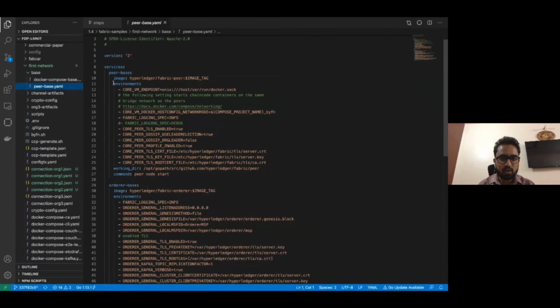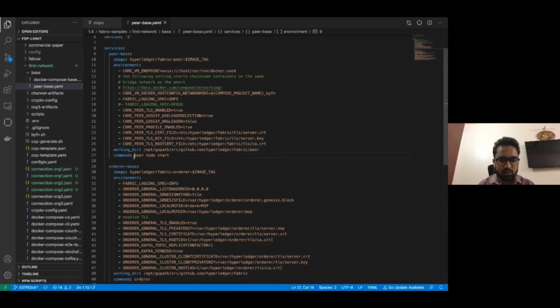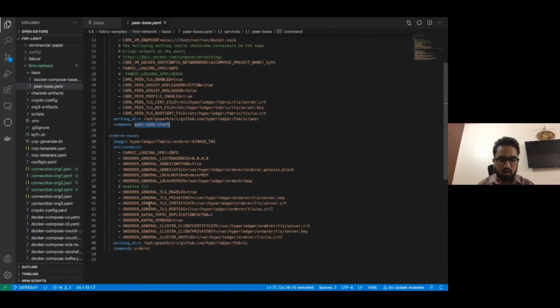These are the major environment variables that we are going to assign to all the containers. And this is the actual command that we are going to use to start our peer: peer node start. When the container runs, it will run this command and start the peer inside that container. And for the orderer, we are going to use this orderer command, so when the container runs, it will run this command to run the orderer inside that container.